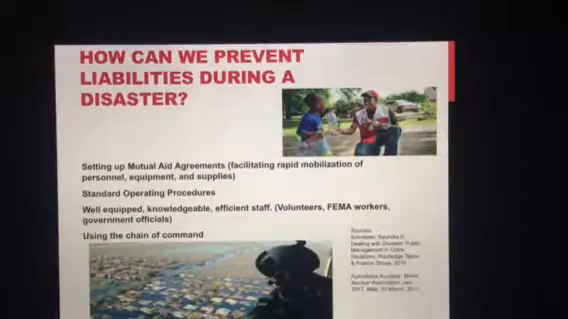The staff should always be well equipped, knowledgeable, and efficient. This goes down from volunteers to FEMA workers and even up to government officials. Lastly, using the chain of command. Whether it be a bottom-up procedure or a top-down, everyone should know who to go to. This goes down to communications and